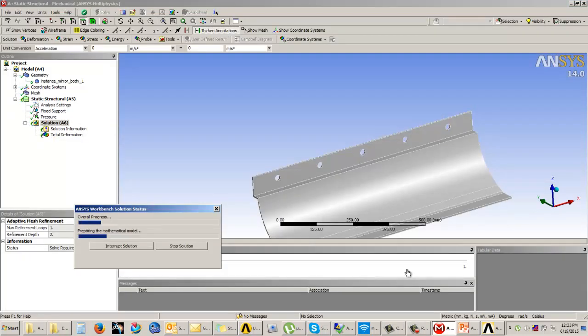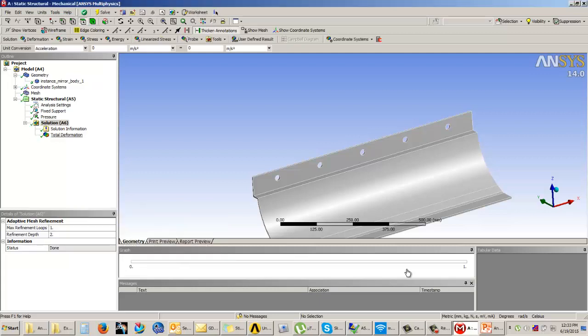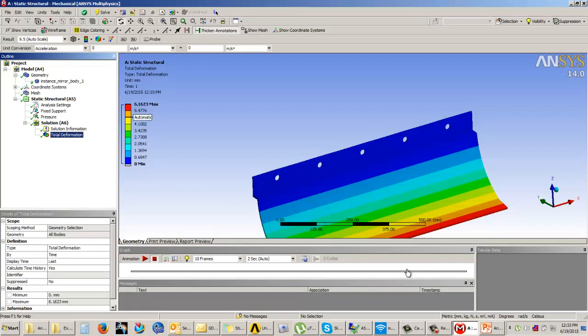You can see that the run time is increasing now. The time taken for the analysis is increasing. Okay, so the answer is 6.16. Now if you see, slowly the answer is becoming constant. It is moving towards constant. That means